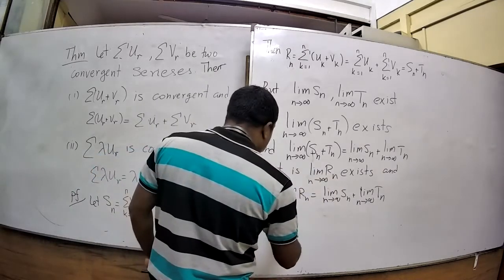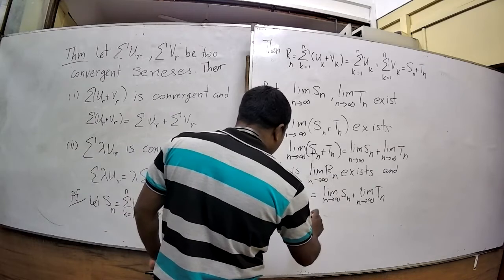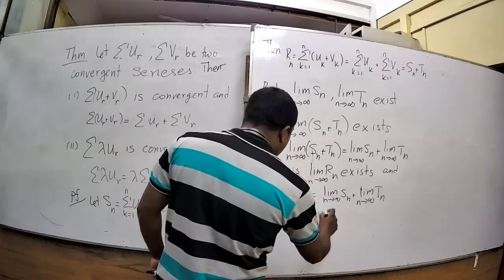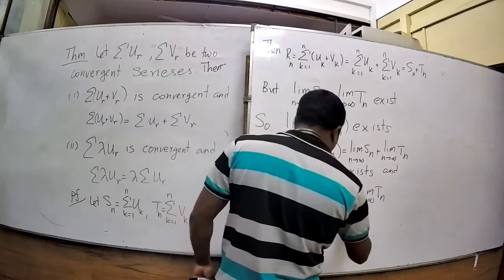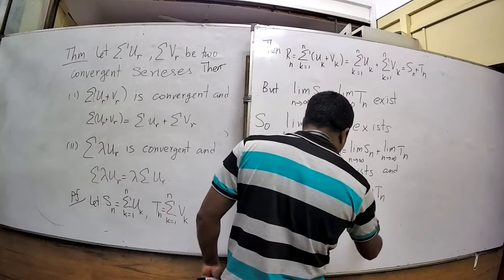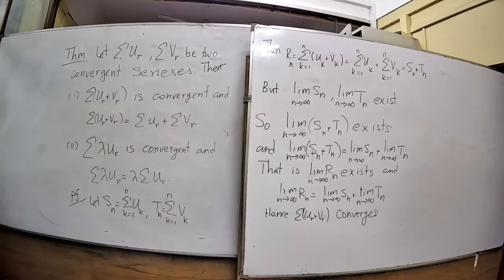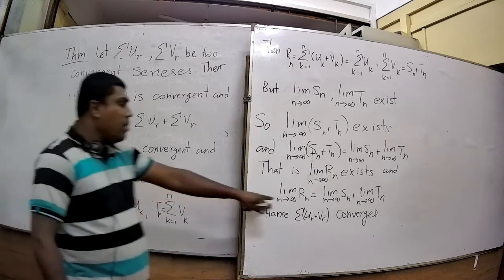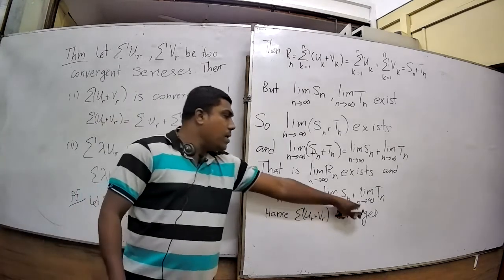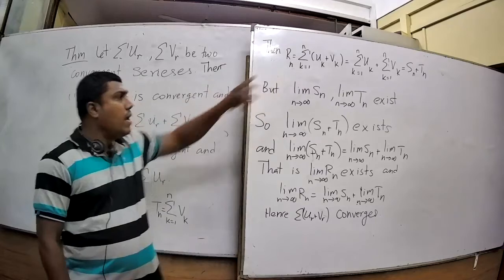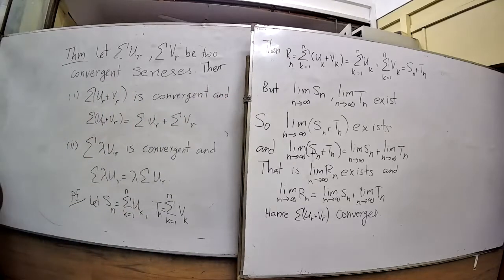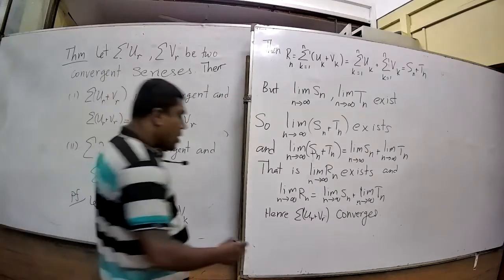Hence, as long as the limit of R_n exists, we can say that the summation of u_r plus v_r is convergent. At the same time, because the limit of R_n is equal to the limit of S_n plus T_n, that clearly indicates that